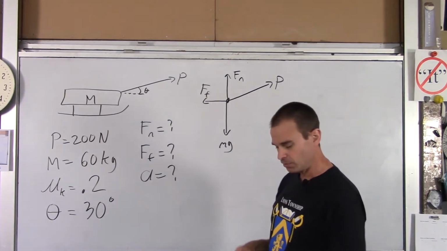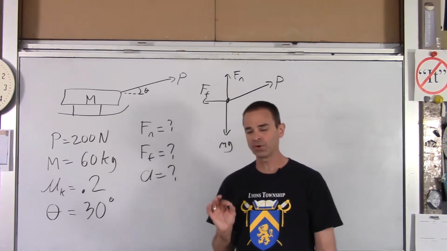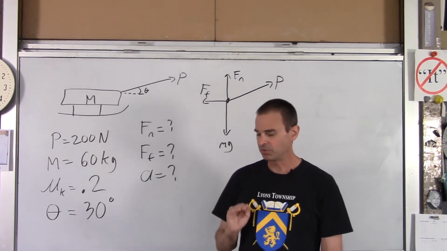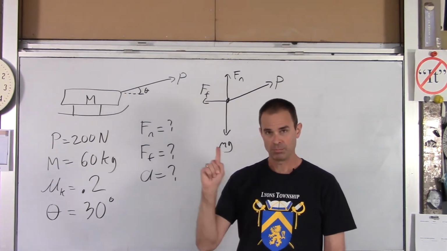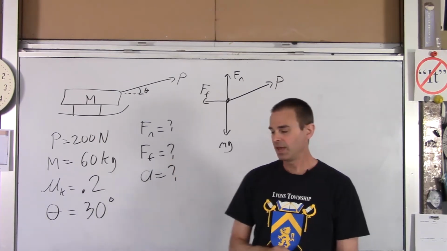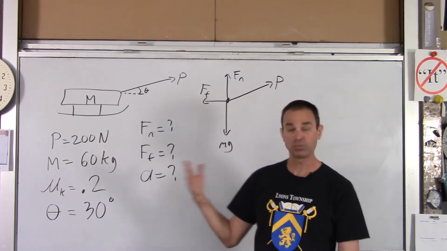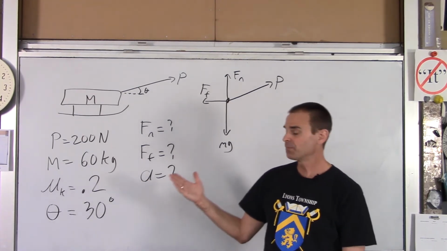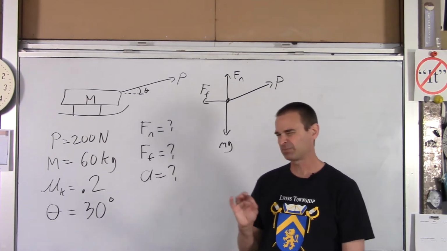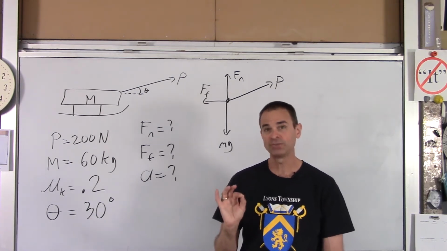The next thing we're going to do is draw a second FBD. In that one, we're going to split all the forces up into components that are parallel to the motion and perpendicular to the motion. Virtually every problem that we do involving forces, that's how we're going to do it. We're going to ask which way the thing is moving at that moment in time, and find which forces act parallel and which act perpendicular. If a force acts neither perpendicular nor parallel, we're going to find the parallel and perpendicular components of that force